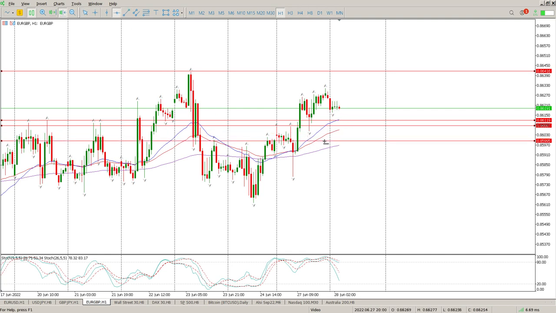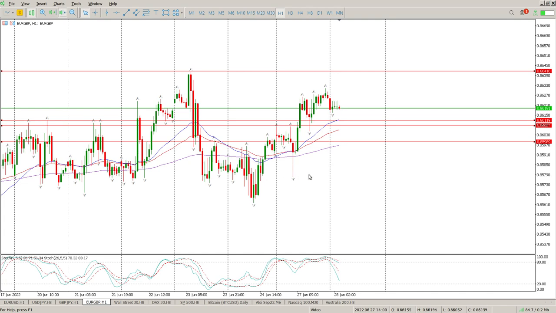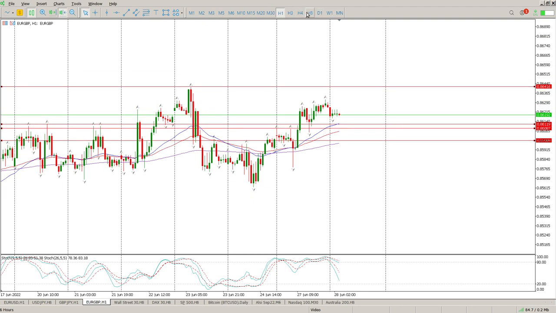There is another little area of interest down here. So what you're looking for is a retest of 0.86087, or alternatively 0.85989. Stop at the moment is below this pin bar, so that's a 200 odd point stop loss. That's not too bad. Our first target is going to be this previous high at 0.86416. Get above that and come back and test, then I would expect us to continue moving to the upside,